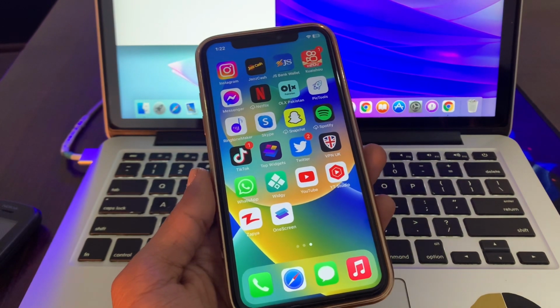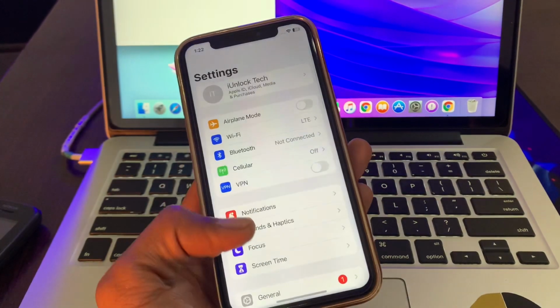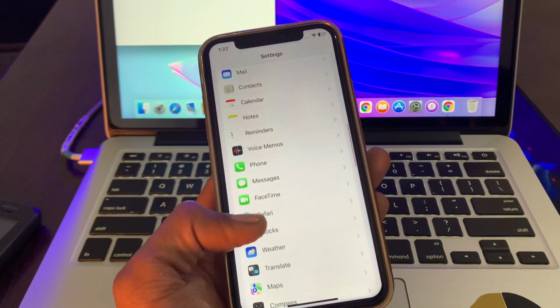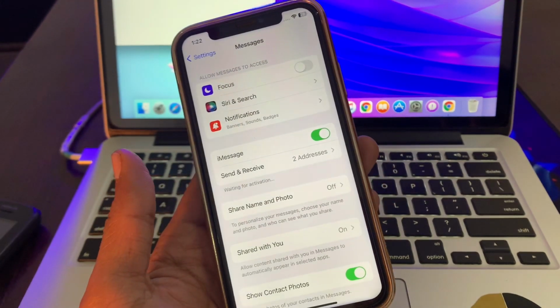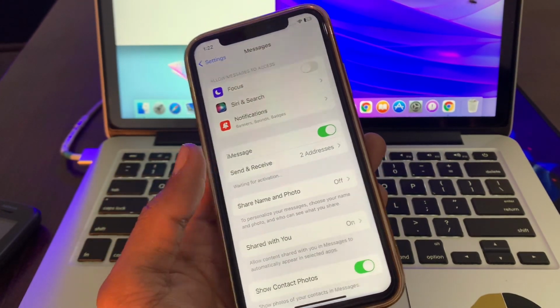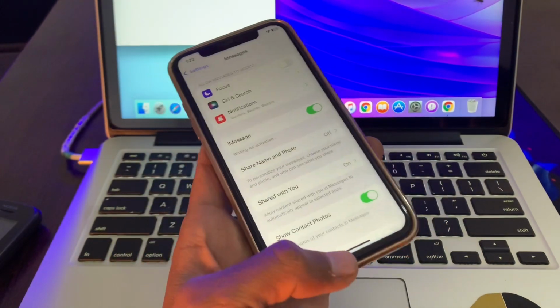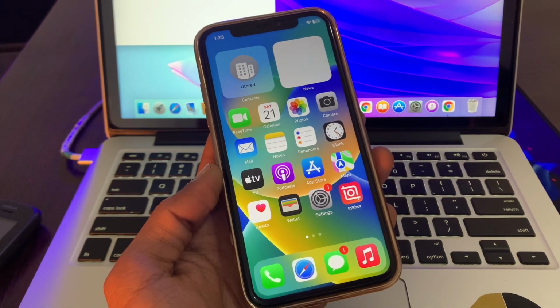The next step is make sure that iMessage is turned on. For that you can just simply go to settings, scroll down, and then click on messages and make sure that iMessage is turned on. If it's turned off like this, you can just toggle and turn it on. Once you have made sure that your iMessage is turned on and it's still not working, the next step